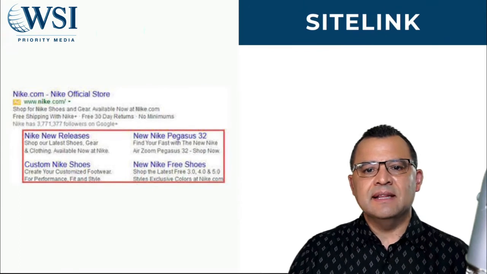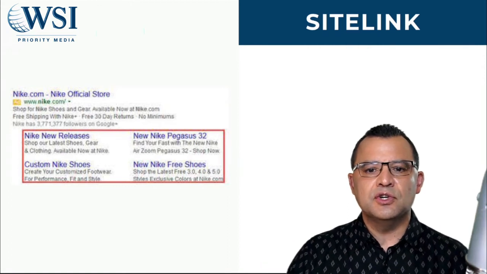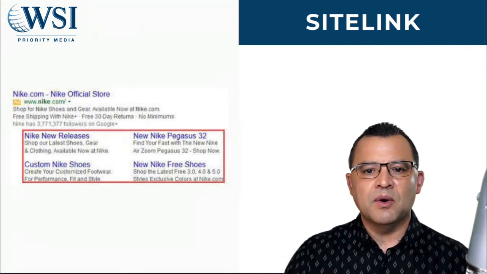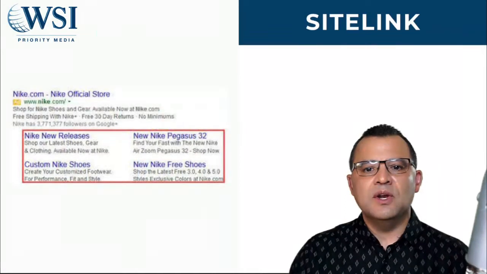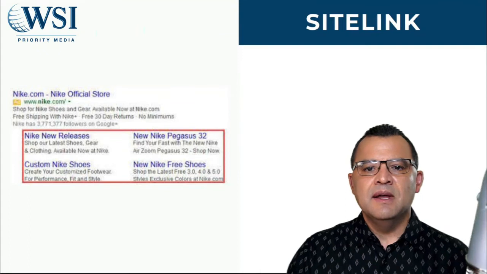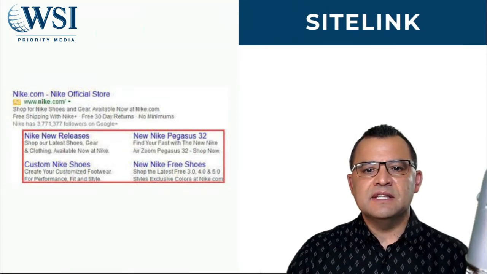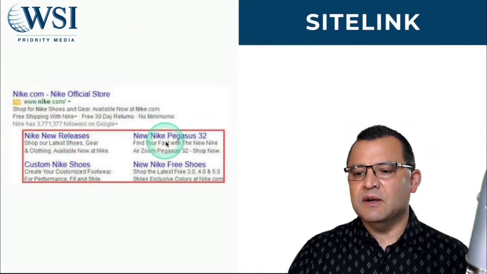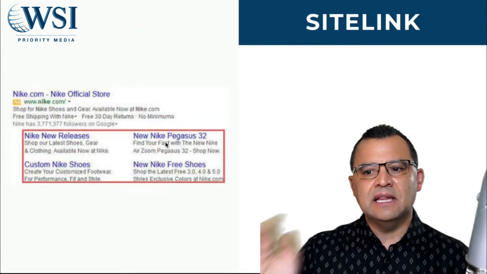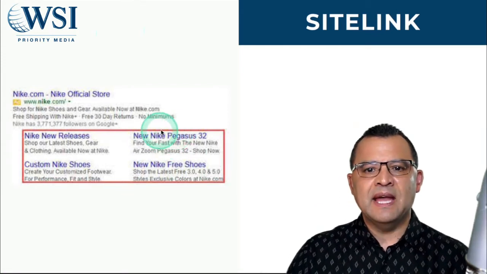Let's talk about site links. They're probably the top extension that most businesses will use, because it encourages users to go to one or more important pages on your website. You can also display 6 additional links as part of your search ads. Additionally, these site links allow you to add extra links for different pages. As you can see right here, they are exactly what they say. They're site links. So you need to have a page that they point to, or else you can't use them.